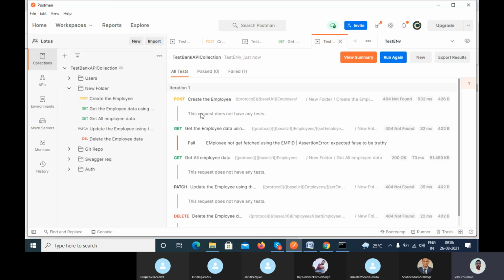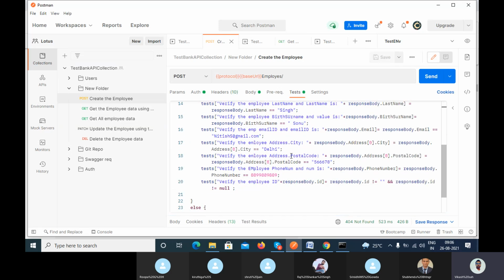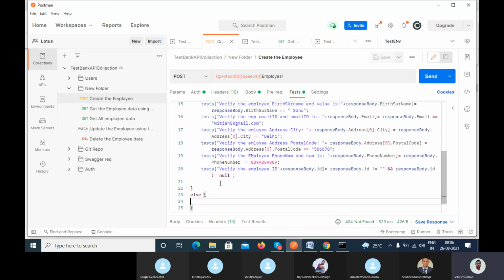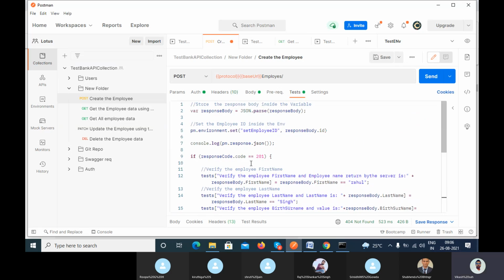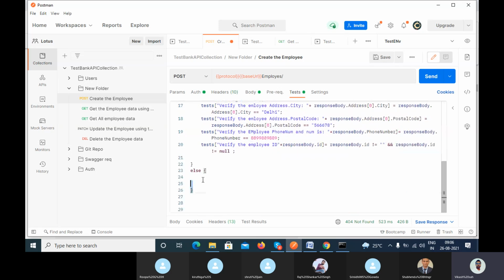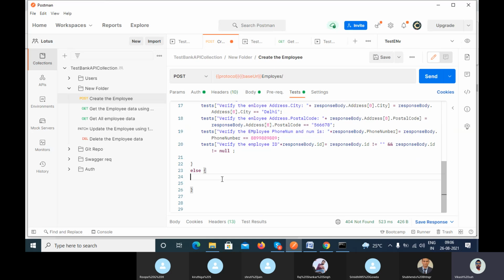So why is the message not printed here? Let me check. Oh, we have not written the else part here, right? That's why when your test case does not match, your if condition does not match, it goes to the else part, but there is no code I have written here, so that's why it's not printing anything in the report, right? So when your actual and expected do not match in the if part, you want to fail the test case. So what you can write here,